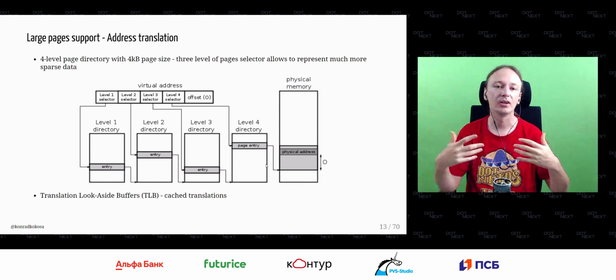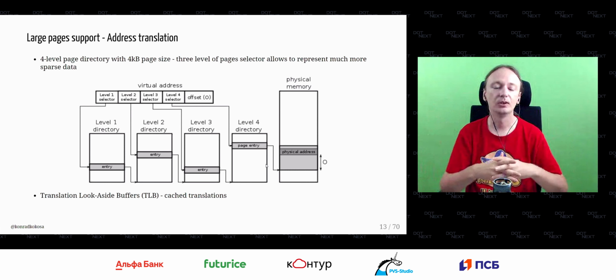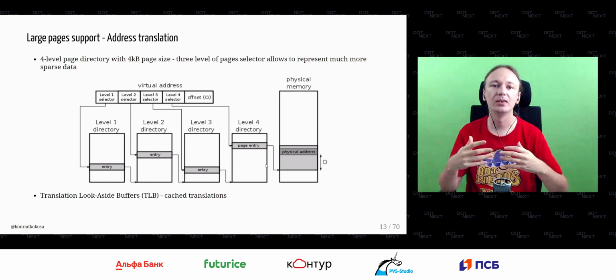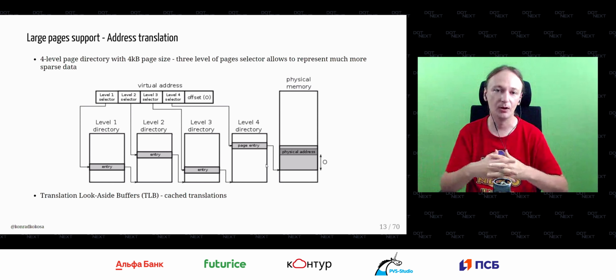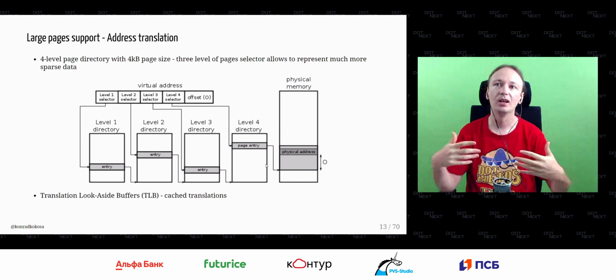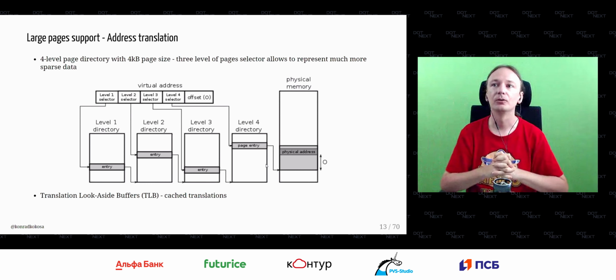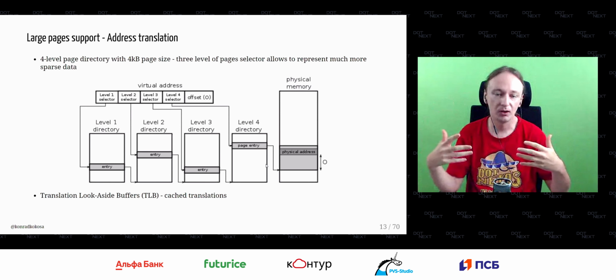So when we need to translate an address, we need to traverse the tree, which has 4 levels, and this is obviously a cost because accessing memory is a tremendously frequent operation. So in the end, we are tremendously often making this translation, traversing this tree to get the real physical address of this particular page. And obviously this is a cost, so there are